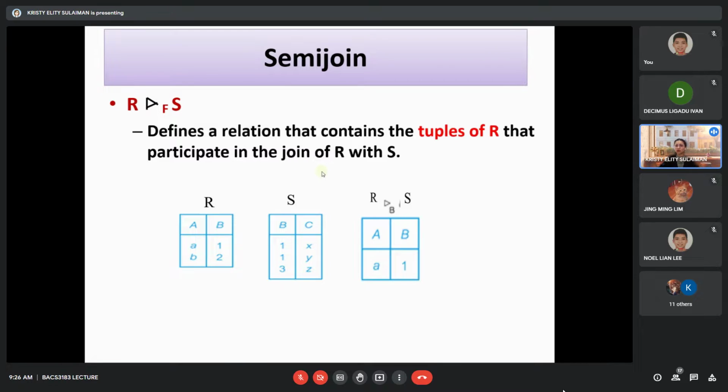So this semi-join defines a relation that contains the rows of R that participate in the join with S, which satisfy the predicate F. Here it is listed as B, but usually it refers to a predicate. The semi-join operation performs a join of two relations and then projects over the attributes of the